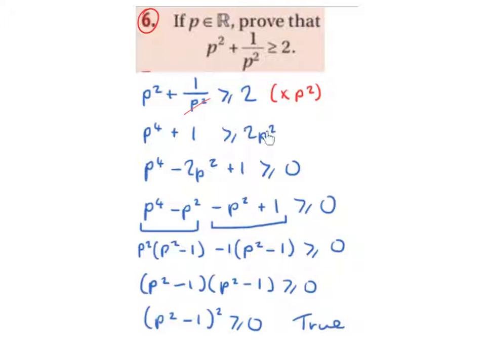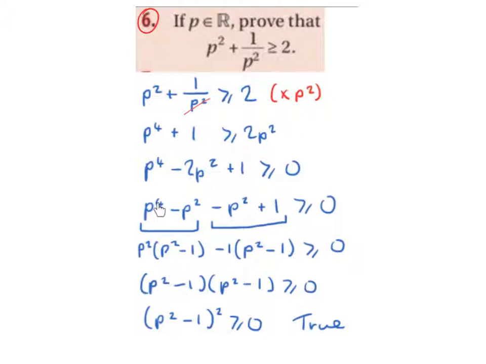I'm going to bring the 2p squared over the inequality sign. So I have p to the power 4 minus 2p squared plus 1 is greater or equal to 0. I'm going to break apart the minus 2p squared to get minus p squared and minus p squared. I've still got the p to the power 4 and the plus 1, and it's still greater or equal to 0. I'm going to do factorization by grouping,